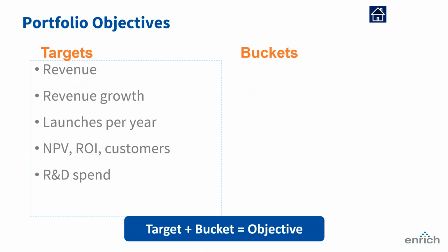Well, we need to think about targets and buckets. And targets might be specific criteria that we want to meet. And that might be revenue or revenue growth, or the number of launches, the number of new product introductions versus incremental product introductions, and so forth. Or it may simply be the R&D spend that we want to allocate. But